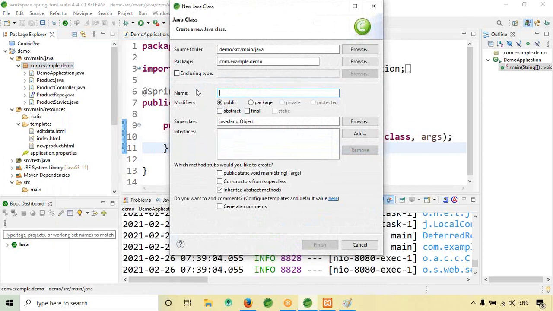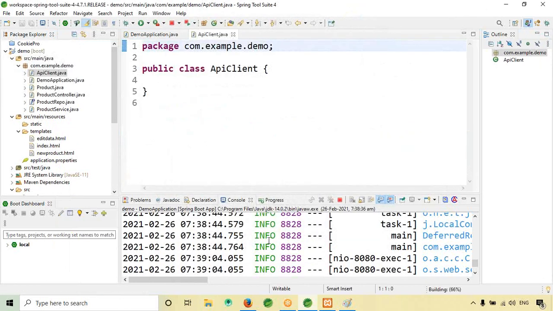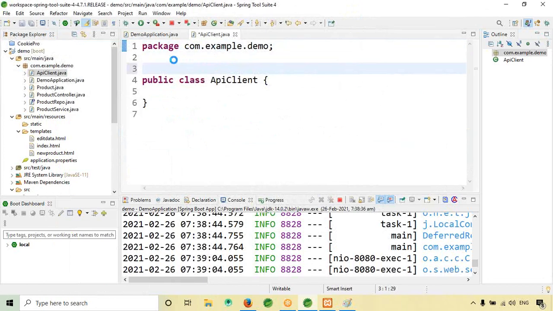I will give the class name as API client. In case of Spring, you don't need to bother much while creating the APIs. Creating the APIs is very easy.